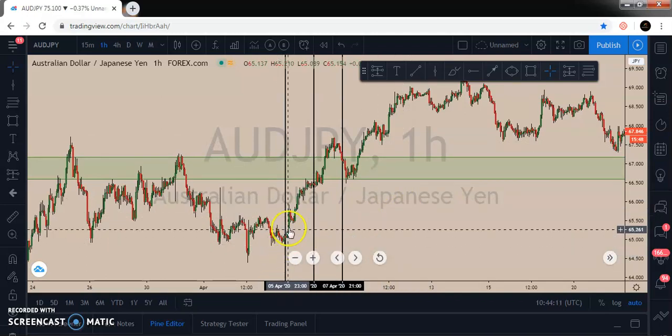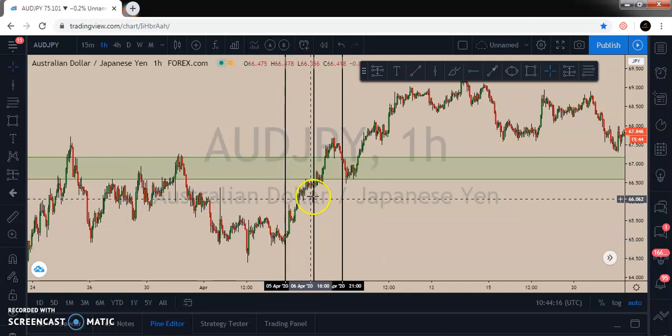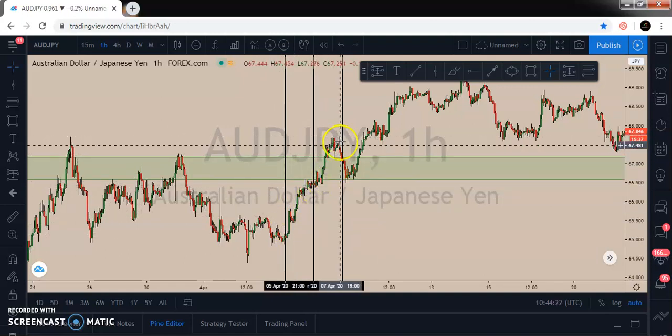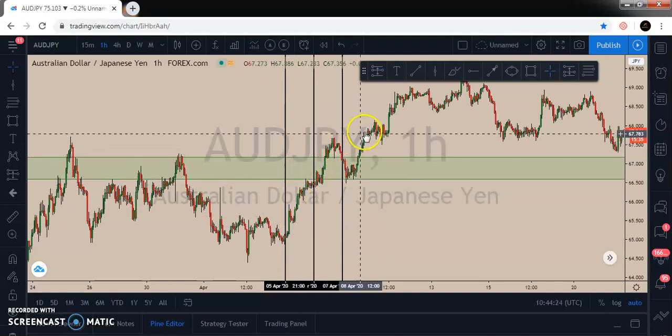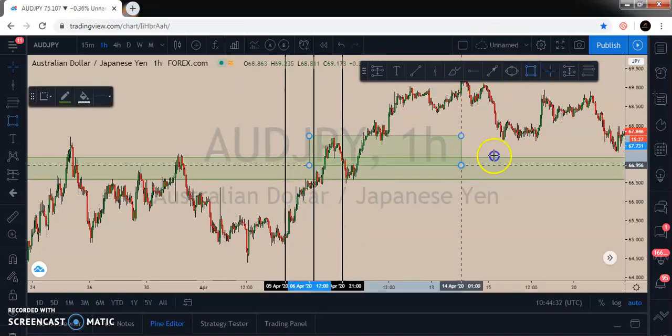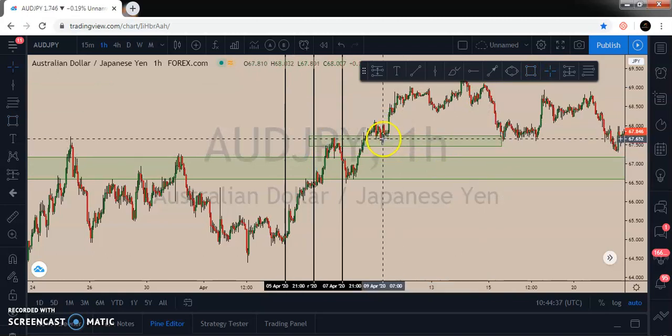Now this is one of the candles we put this vertical line on, on the daily time frame. As you can see, it printed about 12 candles here, if not more. Now it is another daily candle. It started from here, it printed all these candles, and this is the last daily candle that broke the area. It is the exact area you make your entry because of this retest. And if you decide not to make your entry here, you can still wait for the market to form another structural level here, which is this area. And this is where you can make your entry as well if you miss this first one.